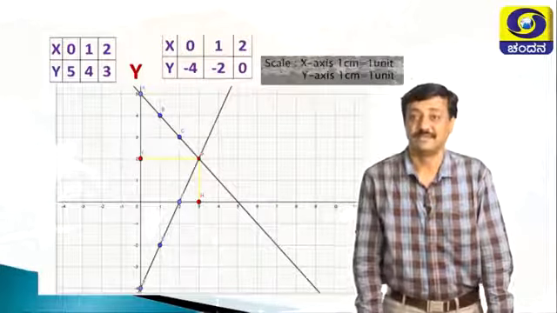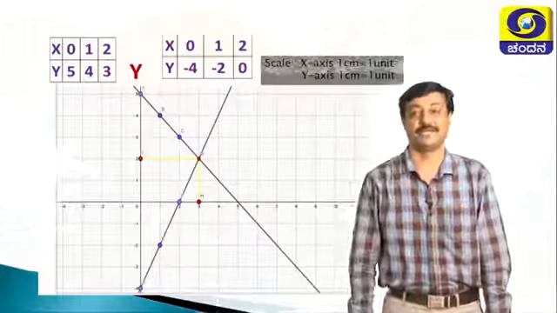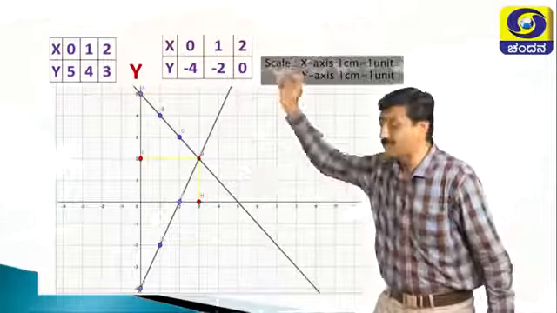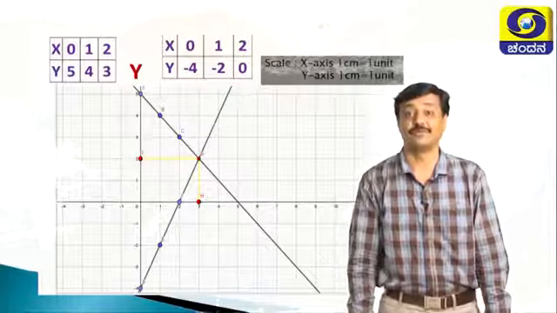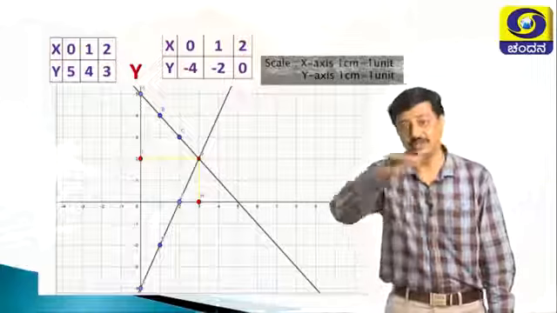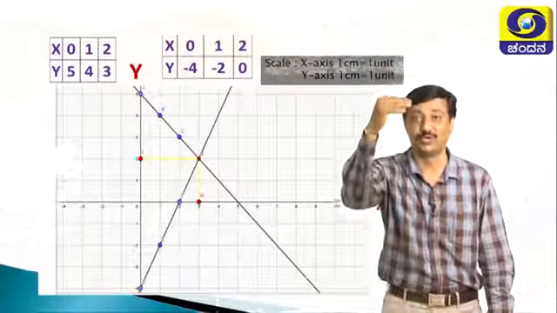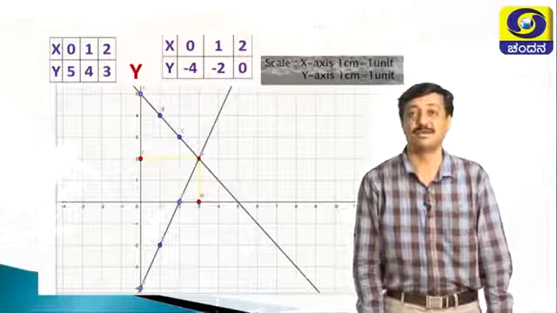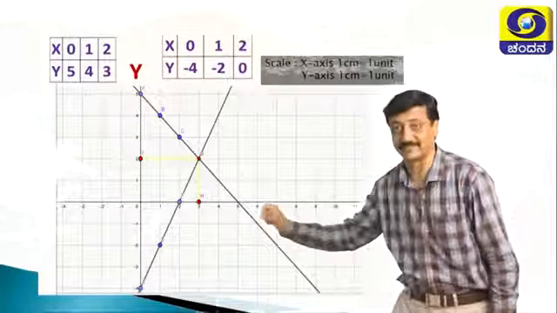After this straight line, now you have to start locating the second table points. From the second table, the first point is 0, -4. Now locate 0, -4 on the graph sheet. X value 0 is along the y axis only. For y value -4, you have to move towards the negative y axis, I mean downwards. Hence the point 0, -4 lies on the negative y axis.